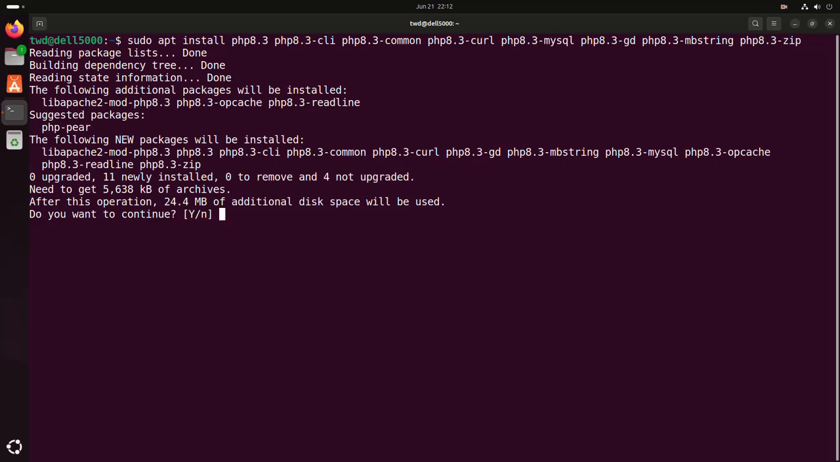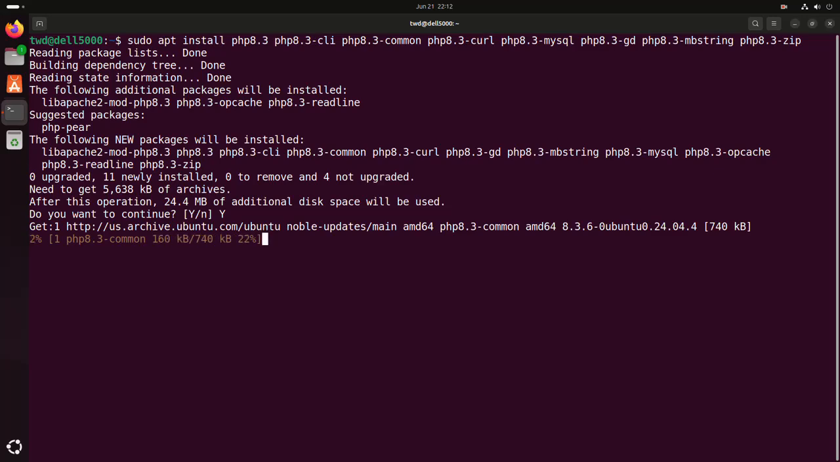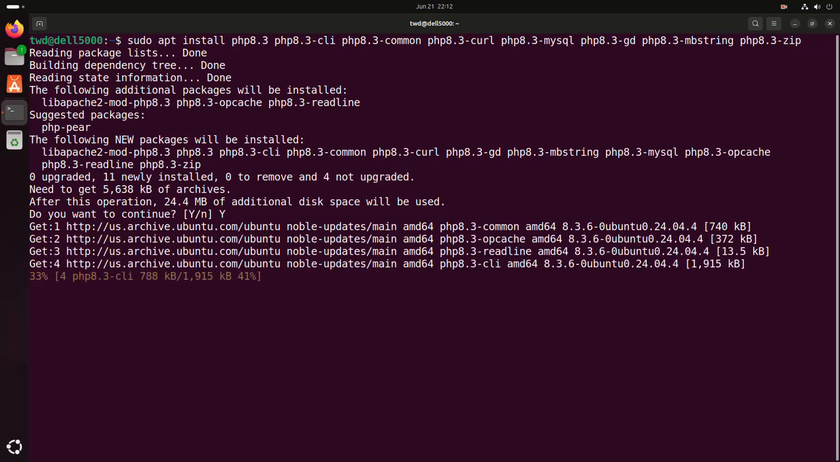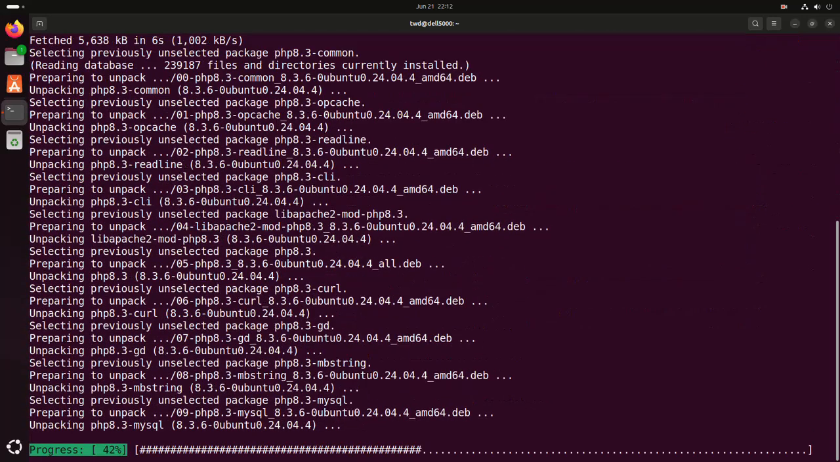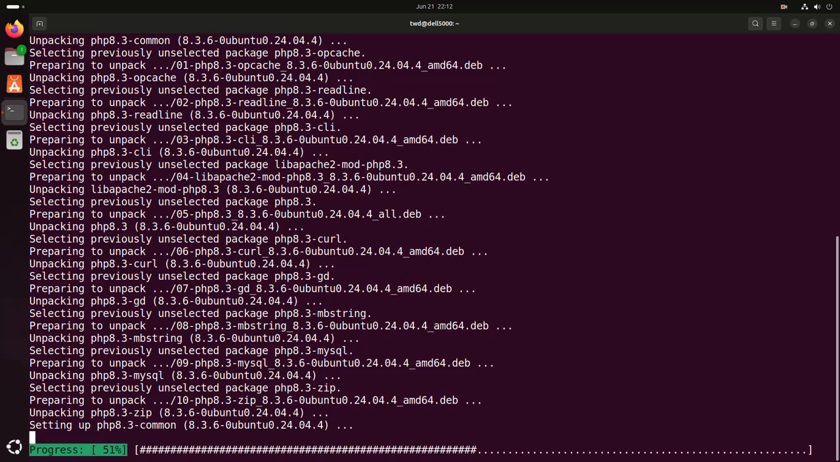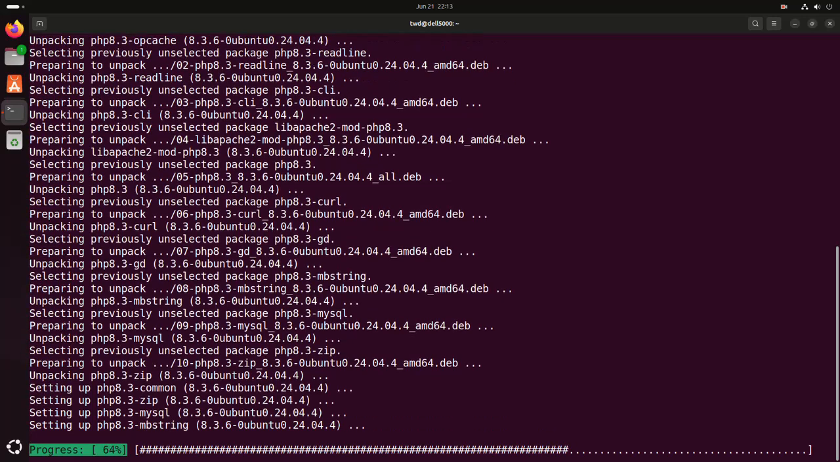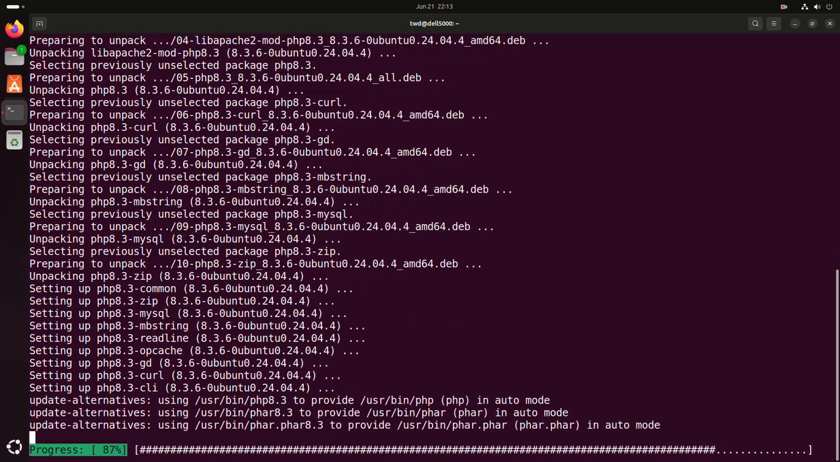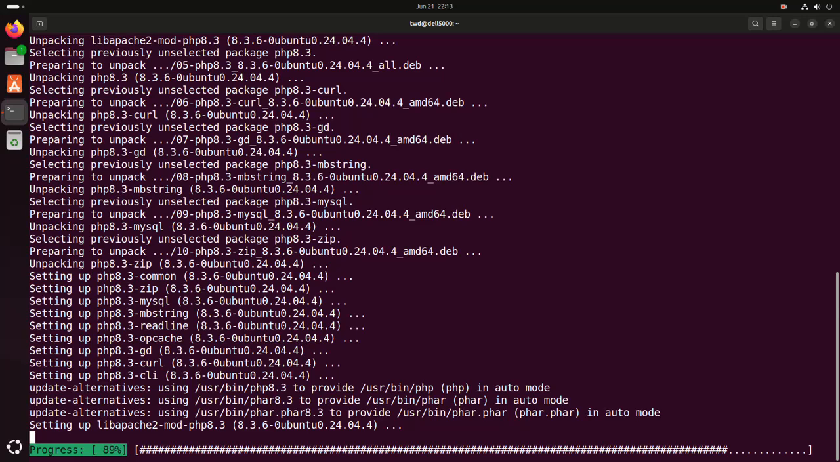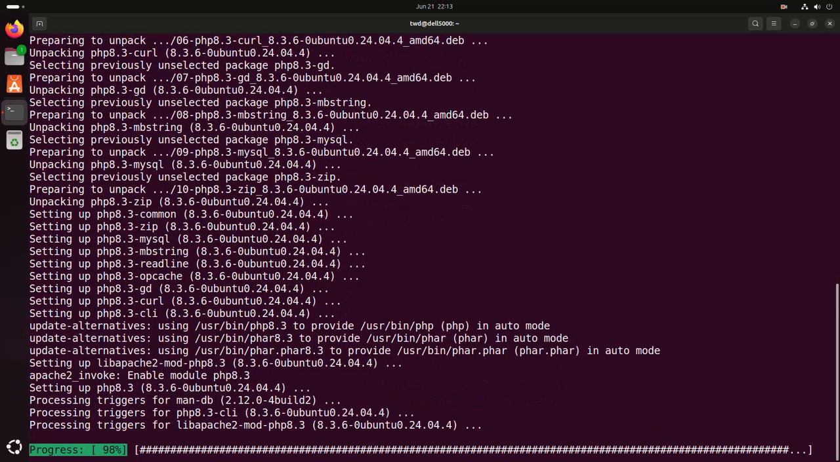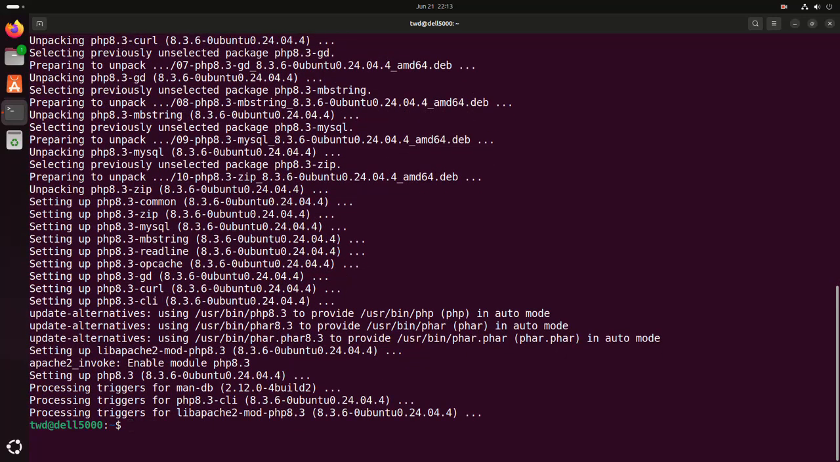Now type Y and hit enter to continue installation. It may take a while for installing PHP 8.3 and setting up the PHP 8.3 within the module. Okay,